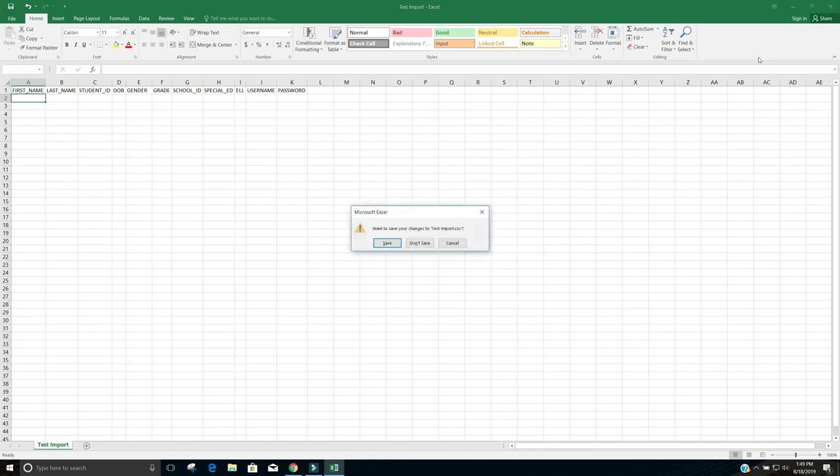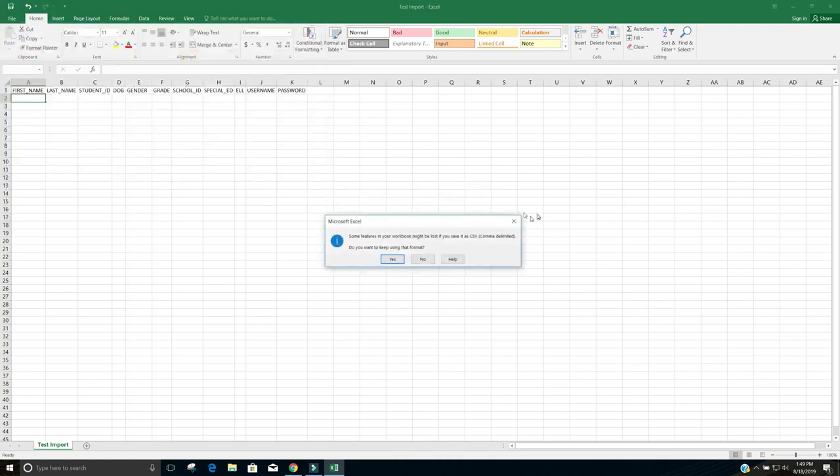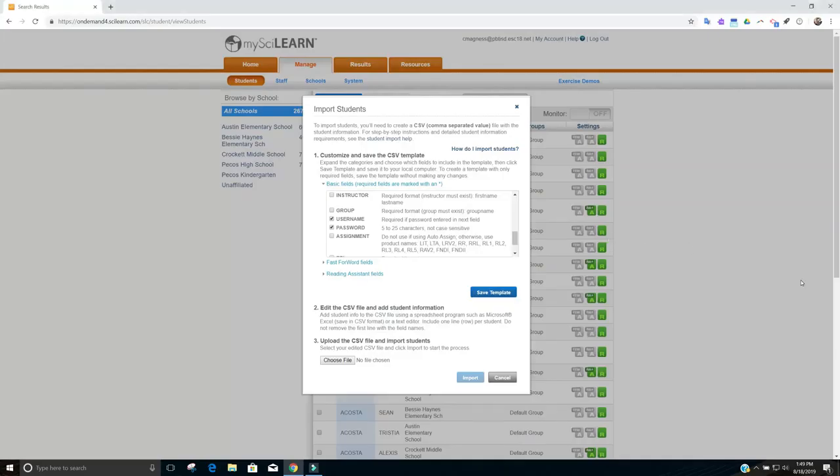When you exit out, it's going to ask if you want to save it. You're going to hit save. You're going to go back, find the test import, click save. It'll ask you if you want to replace it. You want to say yes. It'll again say some features may be lost. You're fine. Say yes. And then from now, you go back to the internet, back to the FastForward page,